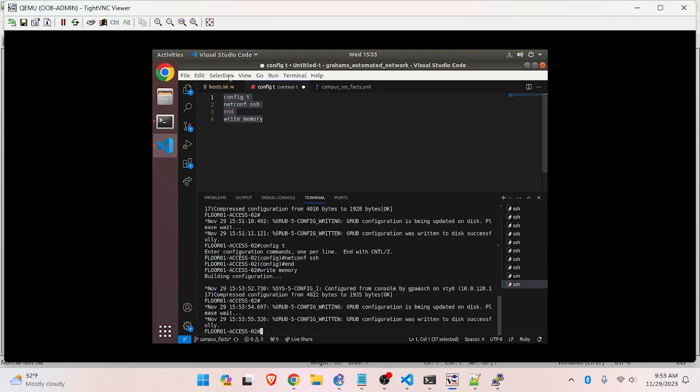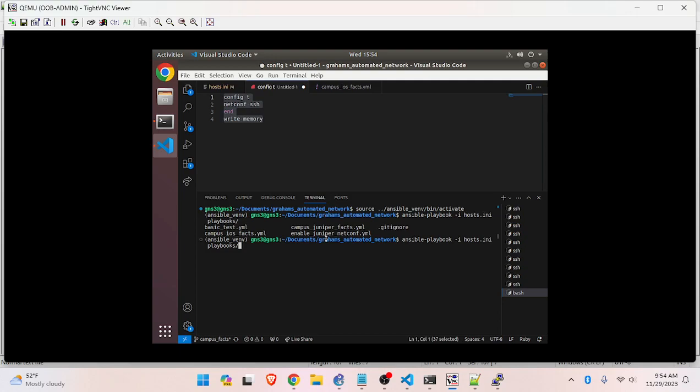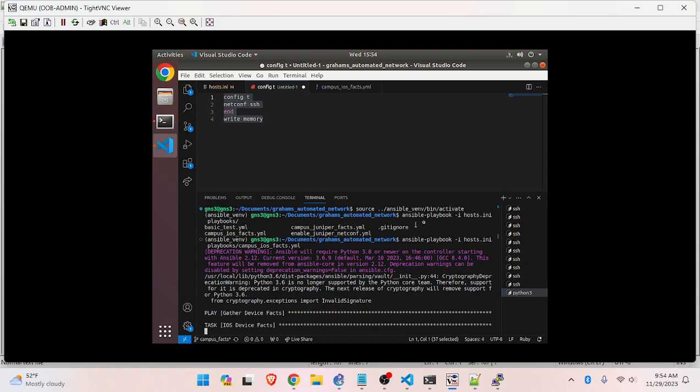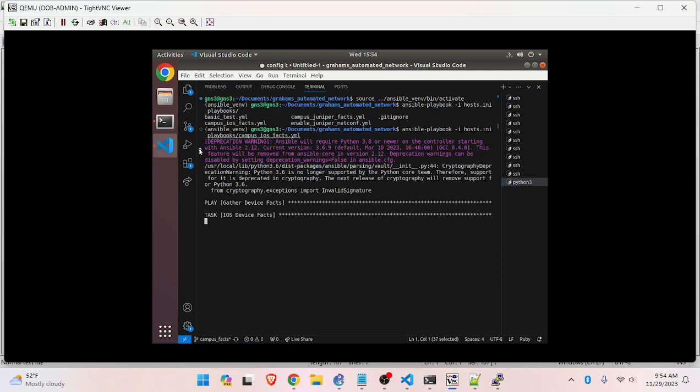All right, so now we've got netconf, so hopefully that playbook will work. So open another one to a bash shell and run that playbook. So source, okay, and then ansible-playbook -i hosts.ini, and then playbooks, the campus iOS facts. I kind of wish I had committed these changes before I did that, but